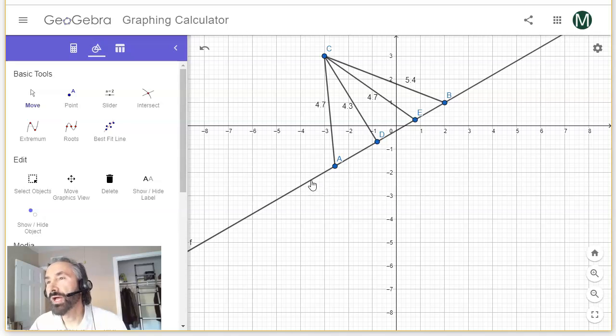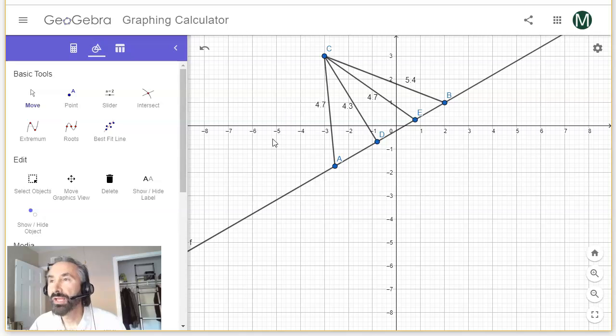So here is a line. I'm pointing at it right now. My mouse cursor is going over it, and just to be sure, it's this one right here. There's a name for this line. It's called line AB. We could also call it AD or AE or DB. There are a number of names, but let's call this line AB. And what we'd like to know is the distance between line AB and point